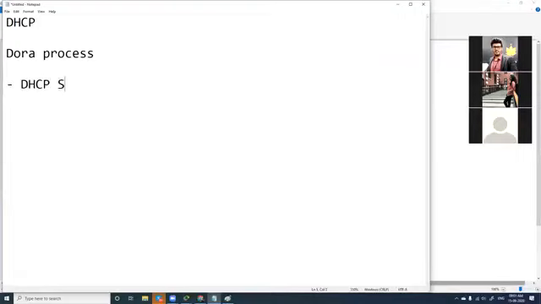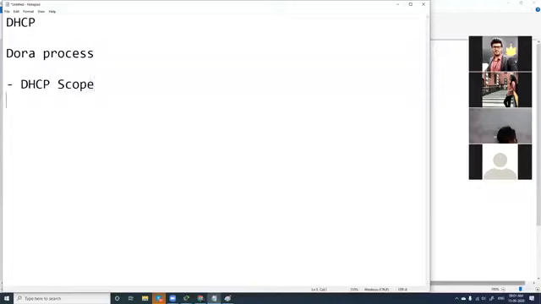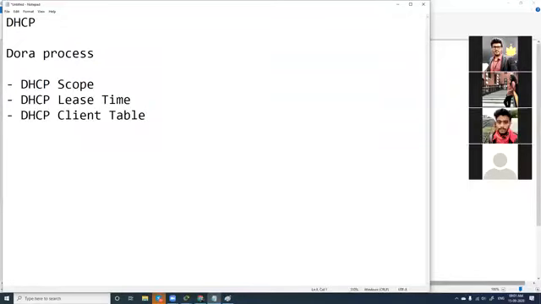You should know what a DHCP scope is, what DHCP lease time is, and the DHCP client table. Fine. This will help you in configuring any DHCP. I told you this to start with, to give a basic idea of what DHCP is about, what we discussed